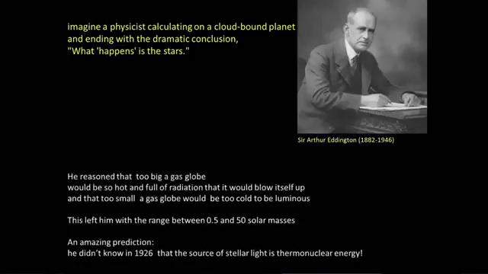And so he said that if you imagine you have too big a globe of gas, then it will blow itself up because it'll be so hot the radiation will just blow it apart. Okay? That sets an upper limit. And he could calculate that this upper limit was roughly 100 times the mass, 50 times the mass of the sun. That's what he said in 1926. He also realized that if this globe of gas was too small, it would be too cold in the center, the pressure would be less, and so it wouldn't glow. So he said there had to be a range between his calculations. That was all he did. This is just pure back-of-the-envelope type theory between 1/2 and 50 times the mass of the sun.